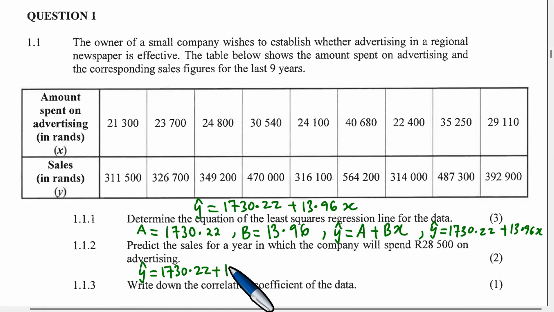Plus 13.96. And then now we're going to have 1730.22 plus 13.96. We multiply that by the X. Remember, they will spend this on advertising. So the amount spent on advertising is X. So we put X here, which is